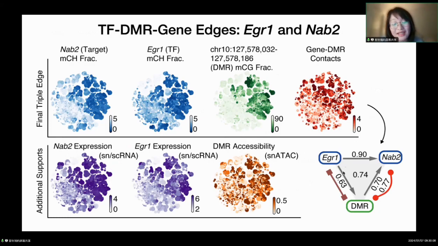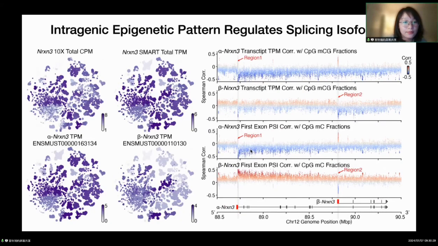So this indicates that this TF might regulate this gene through this DMR. But of course, for validation, more wet lab experiments will be needed. But this is the gene regulatory network at the whole mouse brain level that we built, and it will be very resourceful for neuroscientists. So the last part is talking about the splicing isoform,